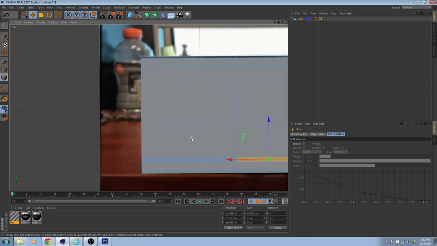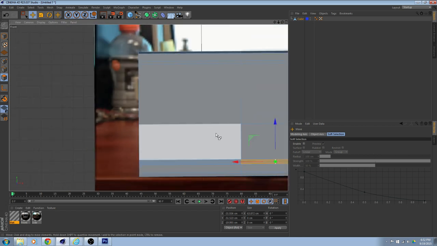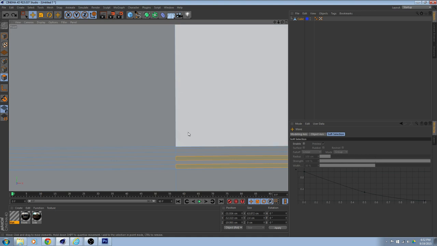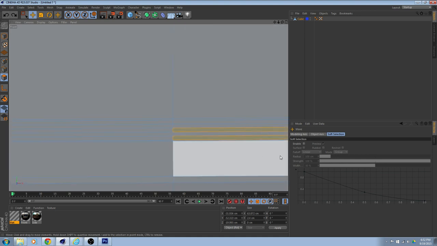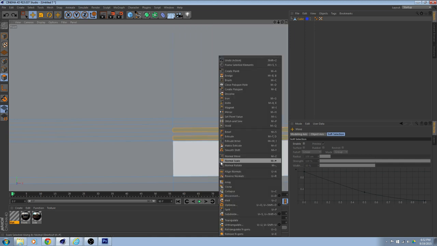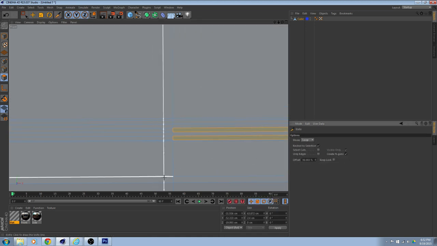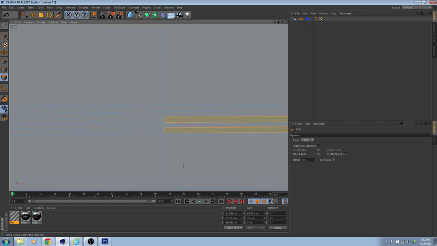So we're eventually going to clean up this geometry, and I think I might just go ahead and make a loop so we can do this ahead of time. So I'm going to get my knife tool, get my loop out again, and I'm going to make another one right here, because that'll be for the